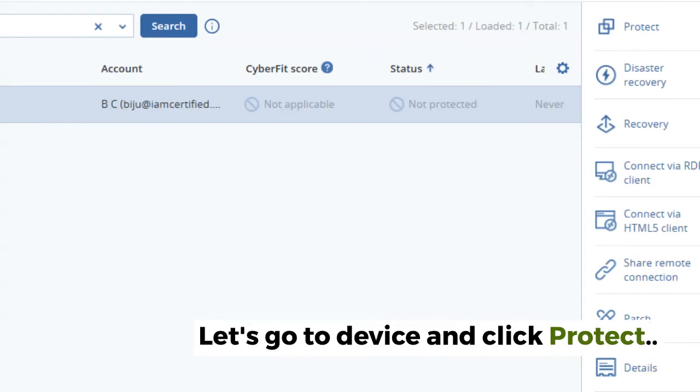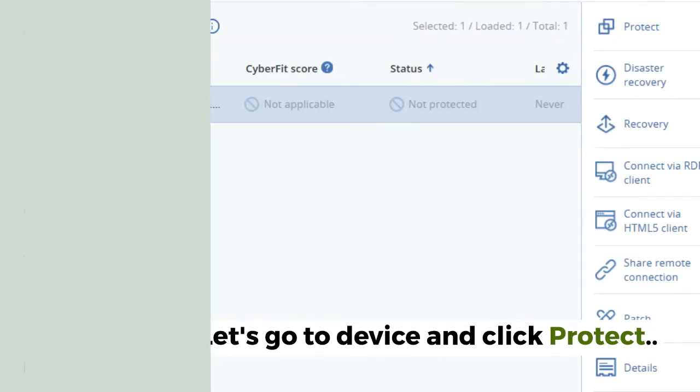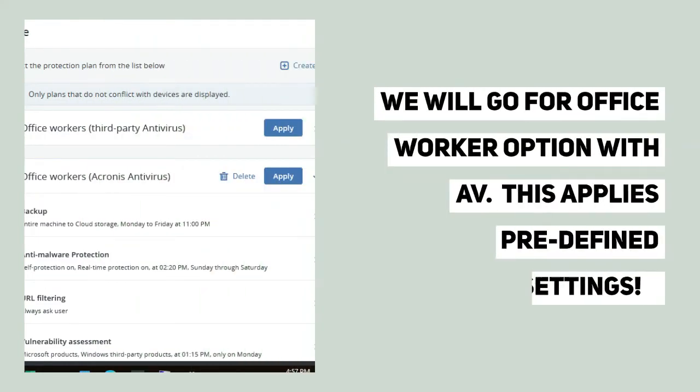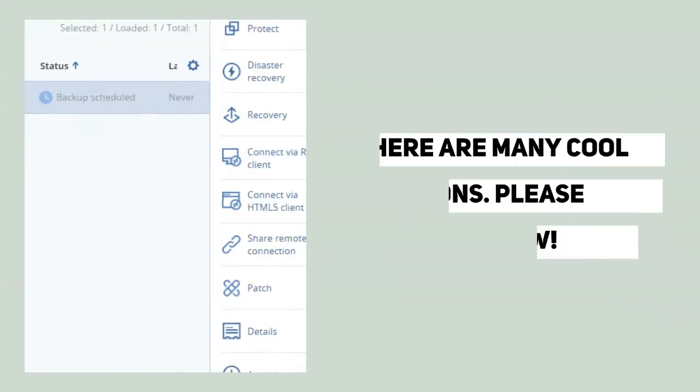Let's protect that machine. Click on this machine and click on protect, and we have different options. We will go for the AV option so that the antivirus also is applied on this machine, anti-malware.